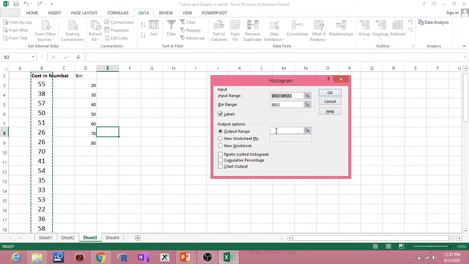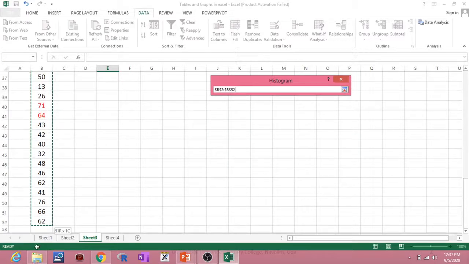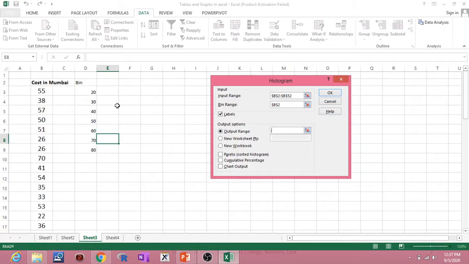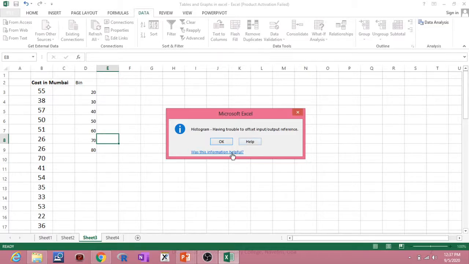So I'll say the output range is, this is where the input range is, this. So I'll click here in Output Range, and I'll click somewhere where I want the histogram to be, and I want the chart output. So I'll click on Chart Output, and I'll say OK.